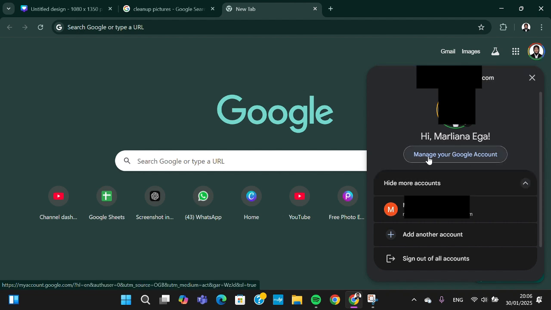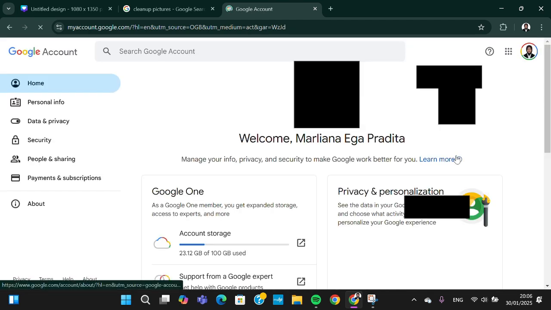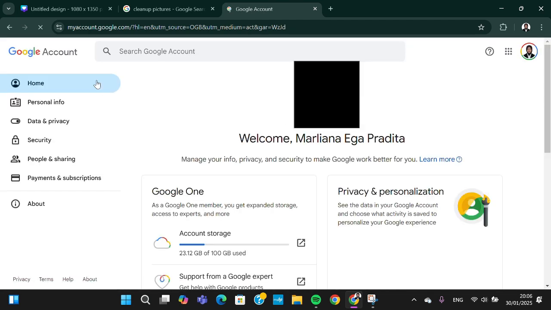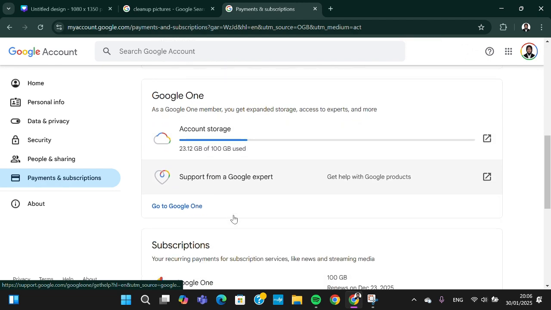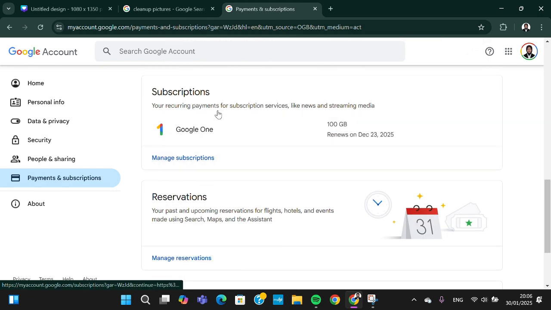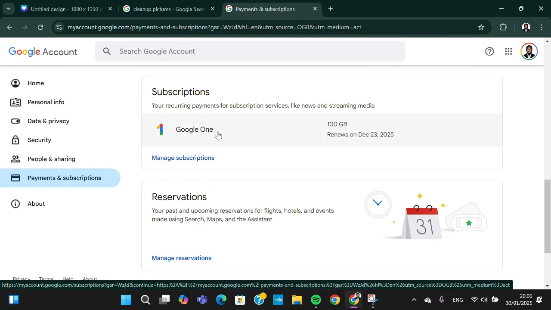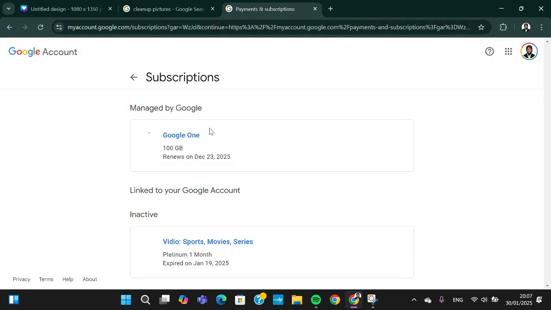Okay, we can go to manage your Google account, and after the Google account has been opened, we can go to the payments and subscriptions. All right, and you can scroll down until you find the Google One subscription. You can click on this option, and then here we'll be able to unsubscribe the Google One or the Google